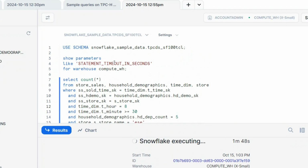I've heard about customers being trapped with this one. One way to handle it is to change this parameter, either at the warehouse level or the account level, because it will get propagated to every new warehouse that you create. Just make sure that your warehouse will be shut down automatically after a more reasonable number of minutes. Yes, in real life you may have queries taking longer, but how can I